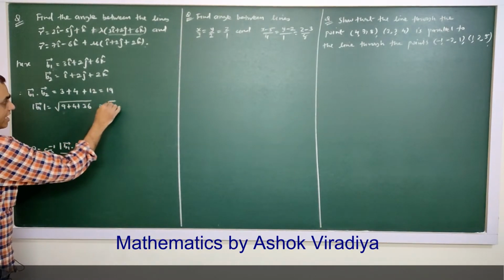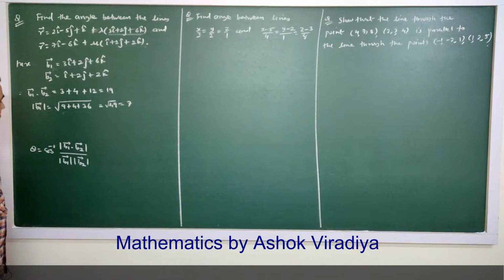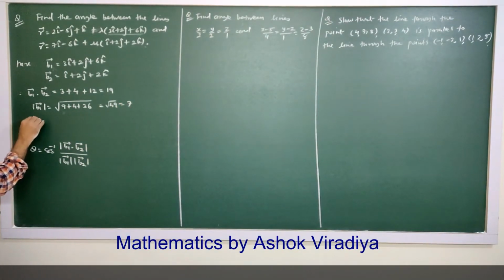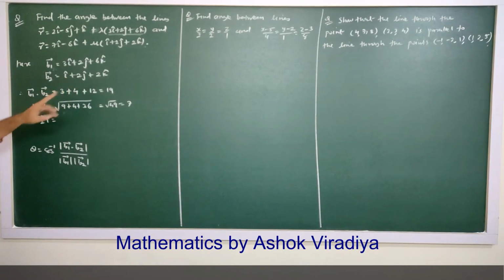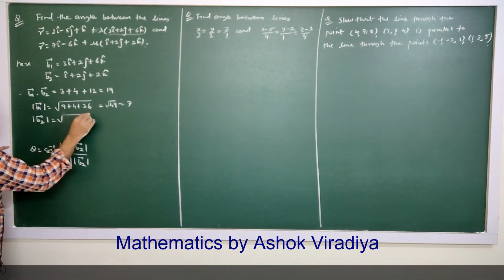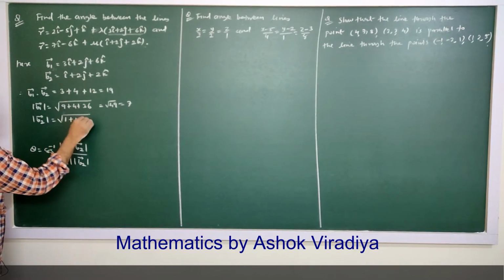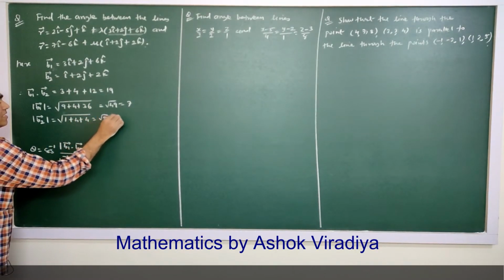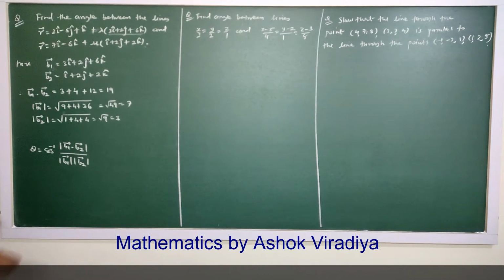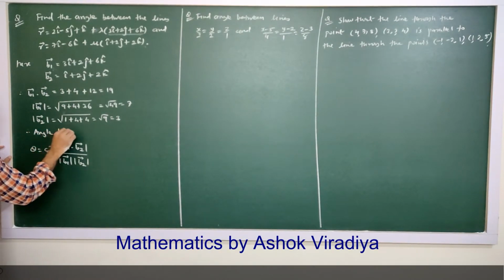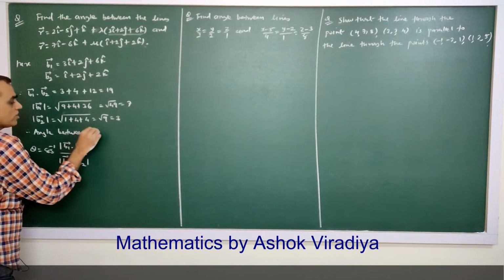Square root of 49 is 7. Magnitude of the second vector is square root of 1 plus 4 plus 4, square root of 9, that is 3. So the angle between both lines